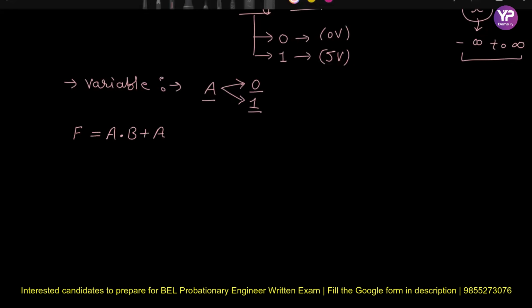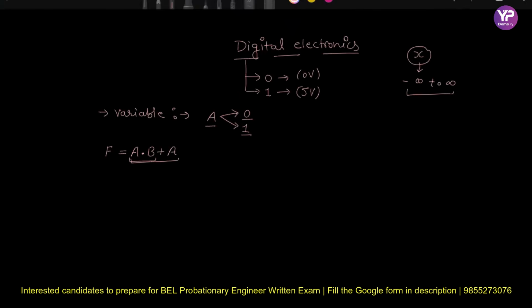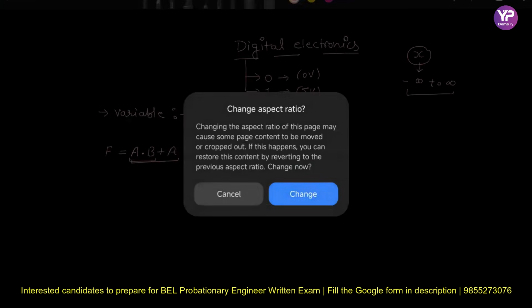First we do the AND operation, A and B, then we do the OR operation with the complete set of equations. So if I implement this function by using the basic gates,